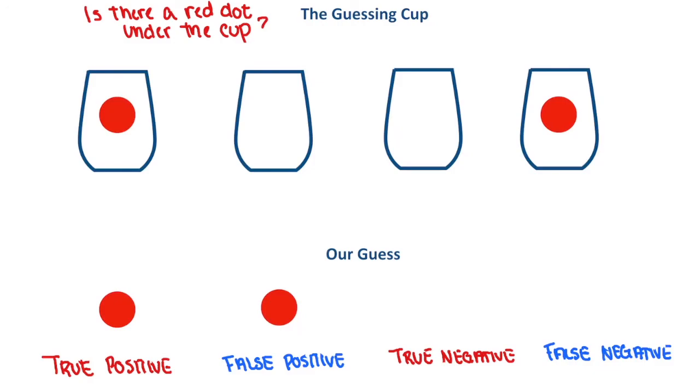So let's kind of go back for just a second to these terms, false positive and false negative. When we talk about this false positive, this is analogous to us saying that we have a type 1 error. And for our false negative here, this is analogous to us saying that we have a type 2